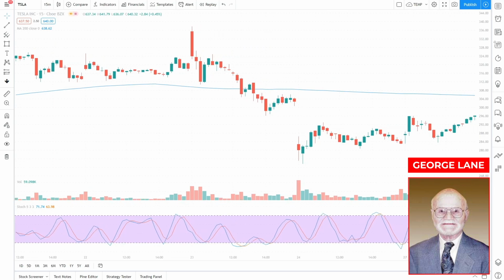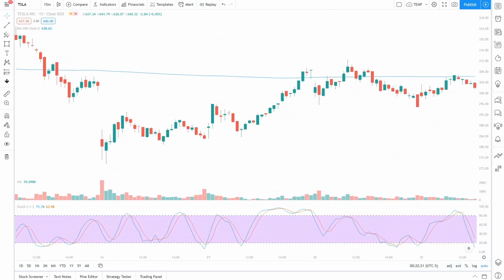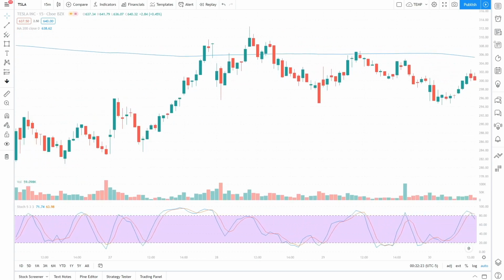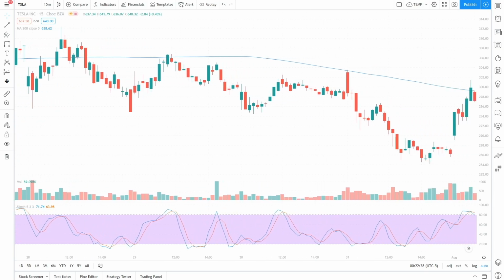The stochastic indicator was first introduced in the late 1950s by the securities trader and technical analyst, George Lane. Since its inception, the stochastic indicator has become one of the core technical indicators widely used by traders of all different markets around the globe. The original purpose of this indicator was to measure the momentum of price.